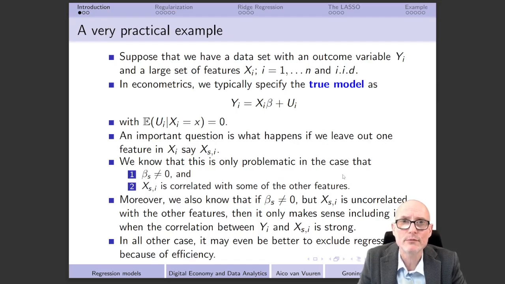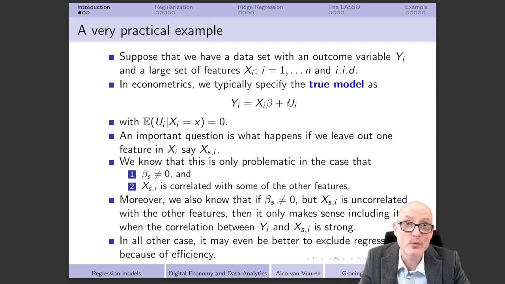So suppose that we have a data set with an outcome variable yi and a large set of features xi, where i runs from 1 to n, and we are going to assume that they are going to be iid to keep things as simple as possible. This is of course a setup that you have seen many times before already during your bachelor, and in econometrics we typically specify the so-called true model, and that is a situation in which we assume that on the left hand side we have yi, and on the right hand side we have xi times beta plus ui,